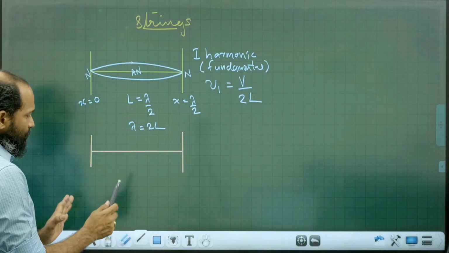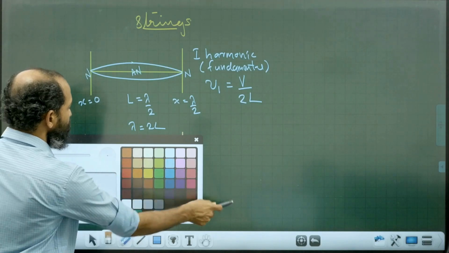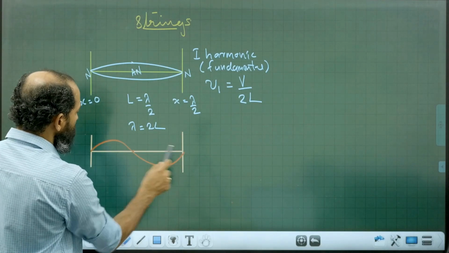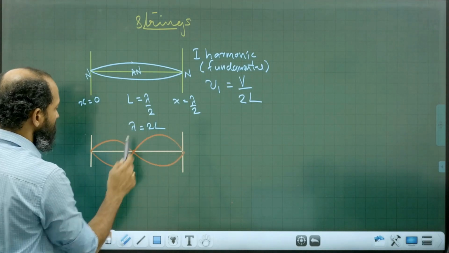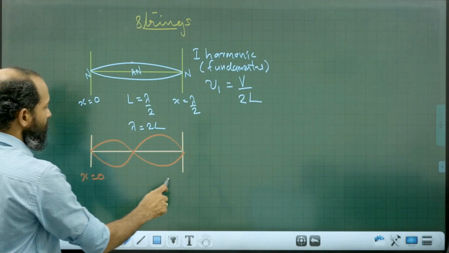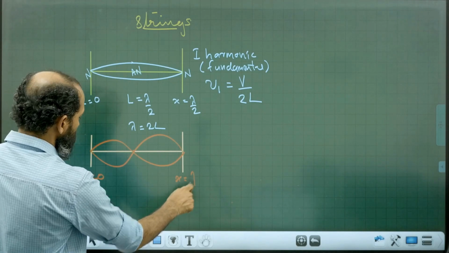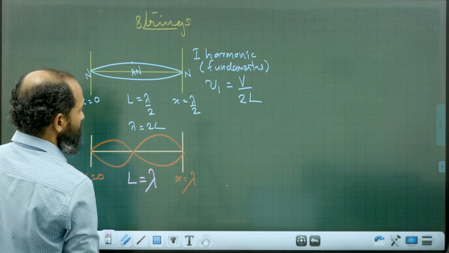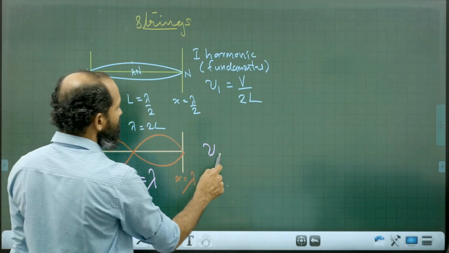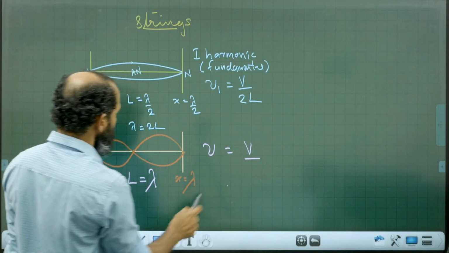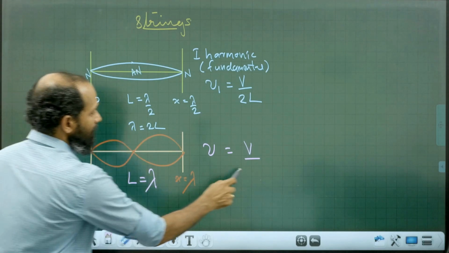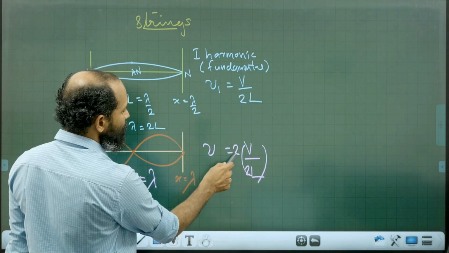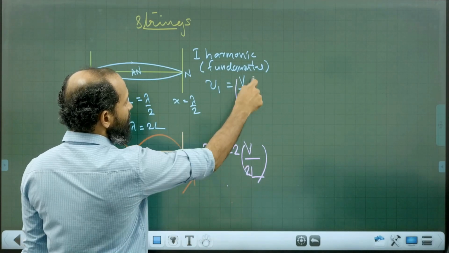Take the same string, pluck at 1/4. If you pluck at 1/4, you get a pattern of mechanical vibration like this, where here x equals 0 and here x equals lambda. That's why L is equal to lambda. Then that frequency can be written as V by lambda, which is V by L. Multiply and divide by 2, and you can see that this is 2 times the fundamental frequency,